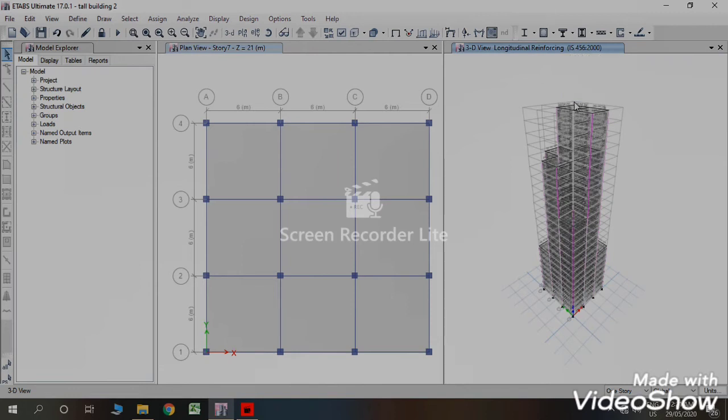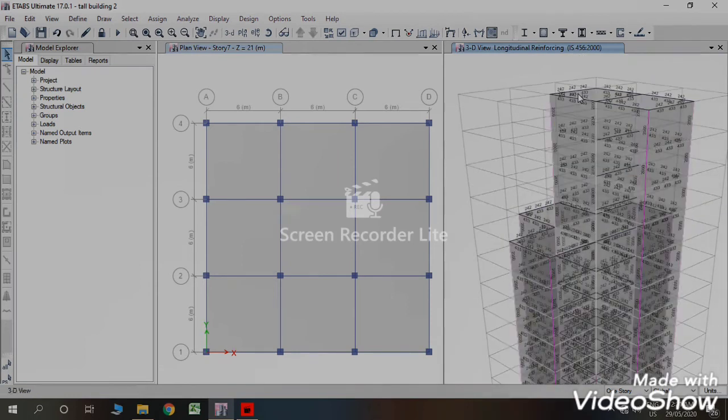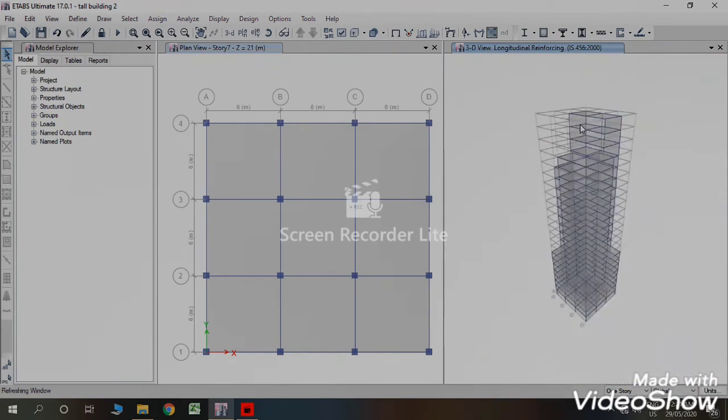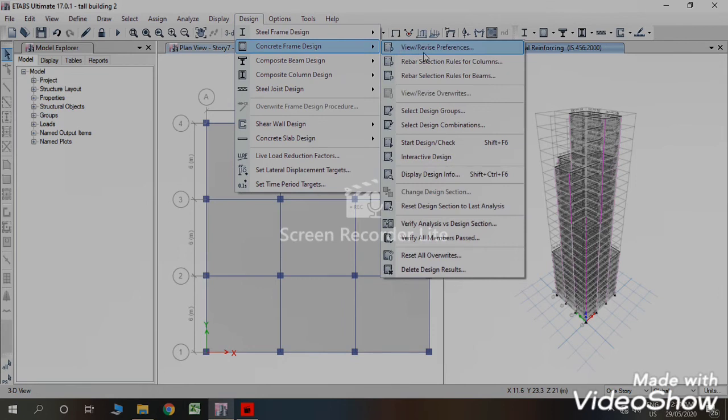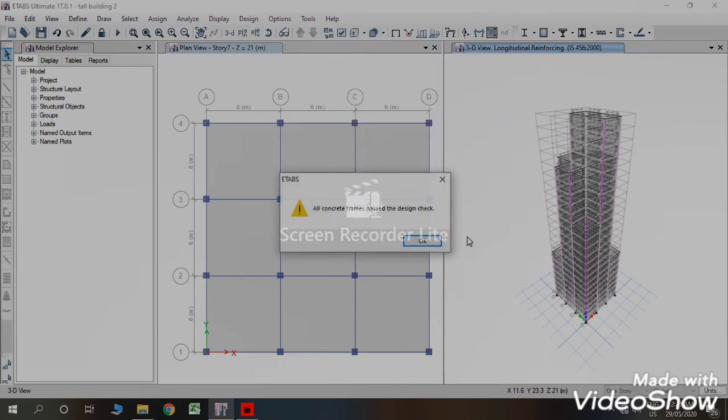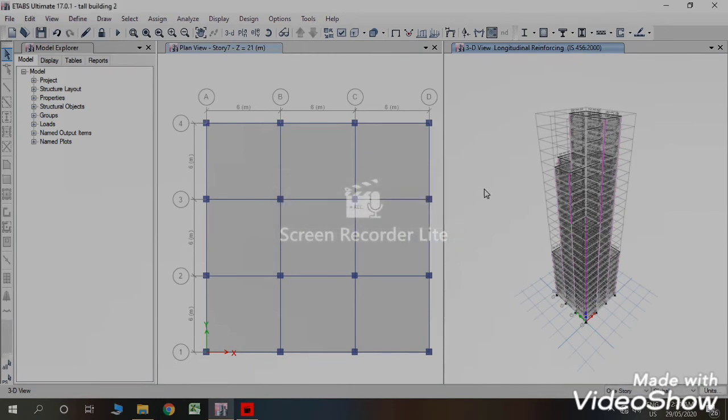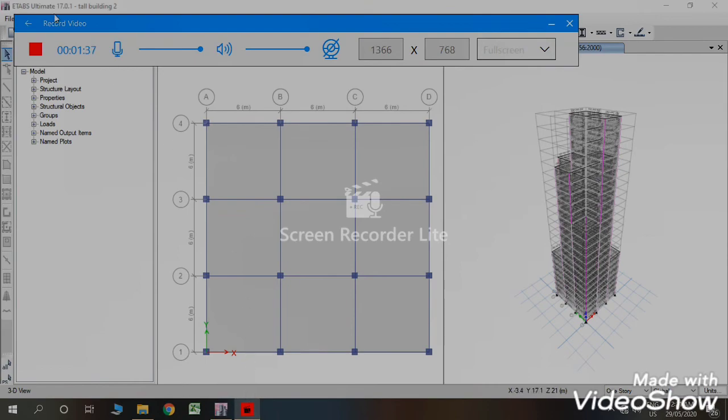As you can see, design is completed. Longitudinal reinforcement are there. Once design is completed, check whether our members are passed. Here we can see all concrete frames passed the design check. In this way, we can complete response spectrum analysis of building.